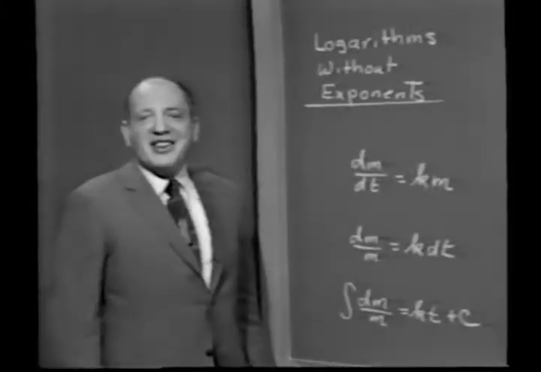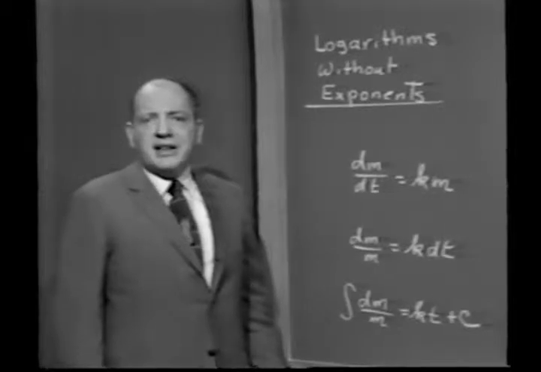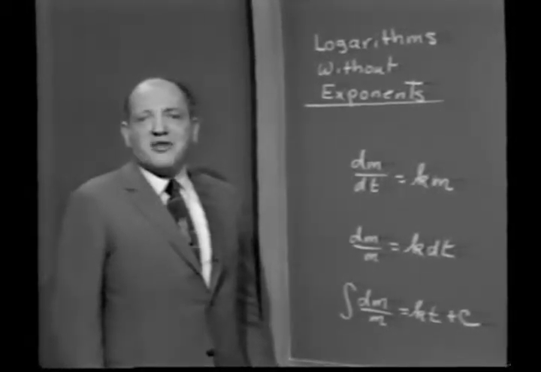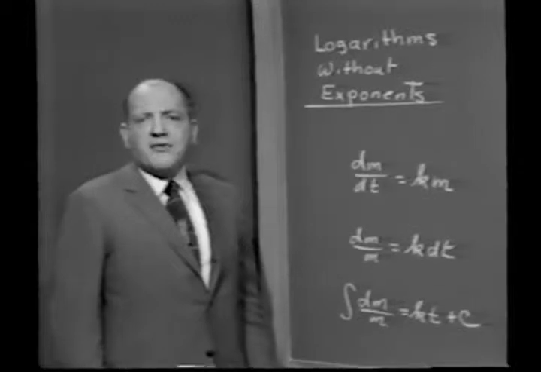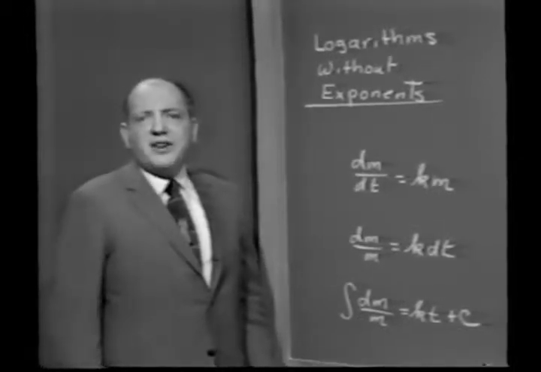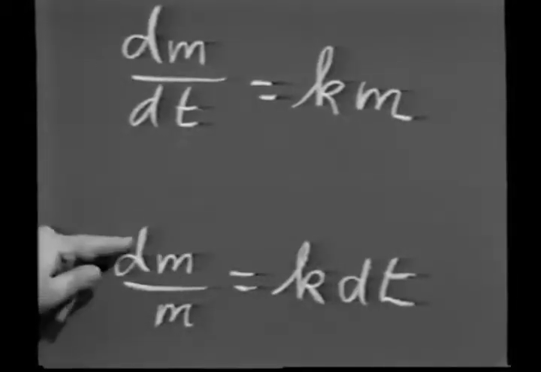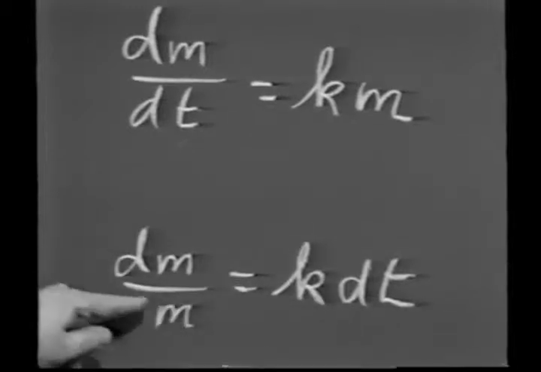Now, notice that this is a pretty harmless statement. The rate of change is proportional to the amount present. We certainly would expect that many experiments would run this way, and there seems to be nothing at all supernatural about this kind of an assumption. At any rate, let's apply our previous principles and see if we can't, from this differential equation, figure out what m has to be. Separating the variables, we get that dm over m is equal to k dt, and now